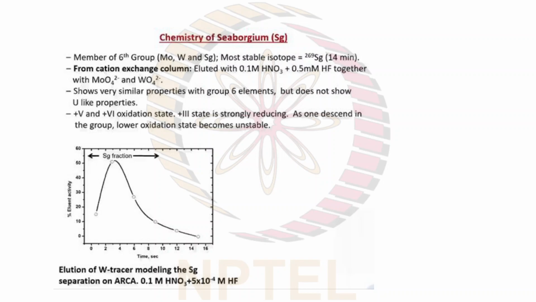From a cation exchange column eluted with 0.1 molar HNO3 and 0.15 millimolar HF together with MoO4 2 minus and WO4 2 minus, it shows very similar properties to group 6 elements but does not show uranium-like properties. It has +5 and +6 oxidation states, and the +3 state is strongly reducing. As one descends the group, lower oxidation states become unstable. Elution of the tungsten tracer modeling seaborgium, separation on ARCA, and the molarity is 0.1 molar HNO3 plus